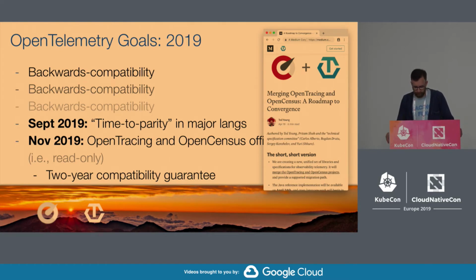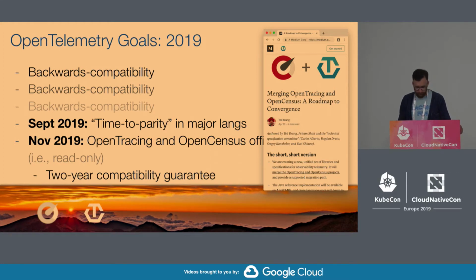Hopefully this slide is some sort of formatting issue, but we'd expect that by September we have what we would call parity across all the languages that are supported by OpenTracing and OpenCensus right now. Some of those languages are more mature than others, so getting to parity for a language that doesn't have a mature implementation is easier than getting to parity for, say, Java or Python, where there's a much more mature ecosystem around it. For instance, there's an OpenTracing library in Rust that's actually very young, and getting to parity with that will be pretty easy because it's just getting started.